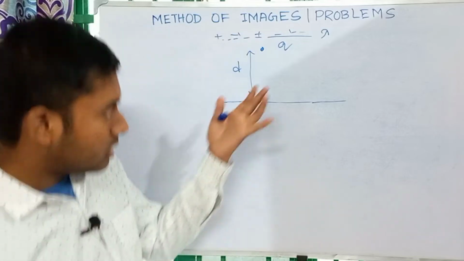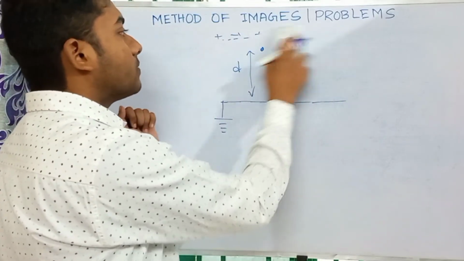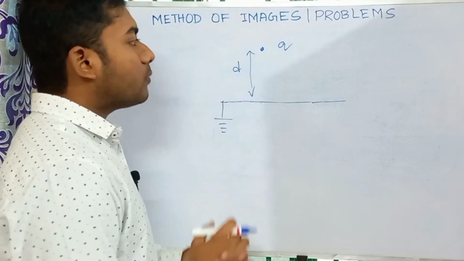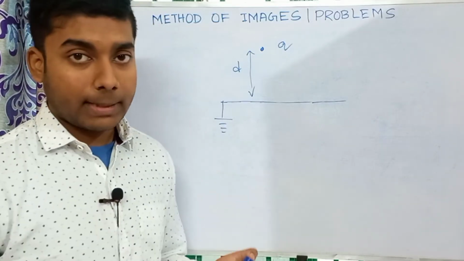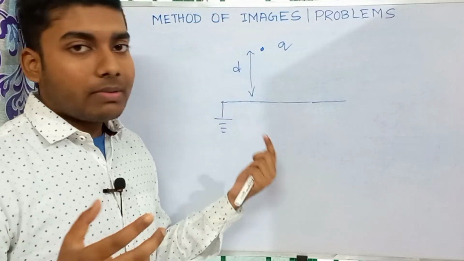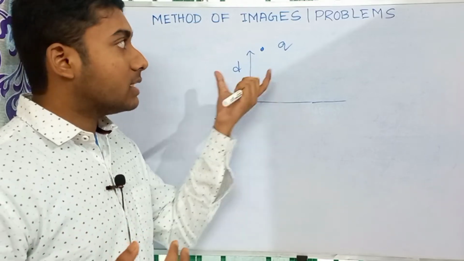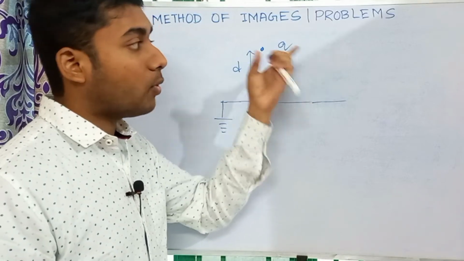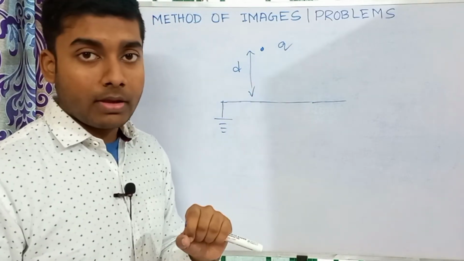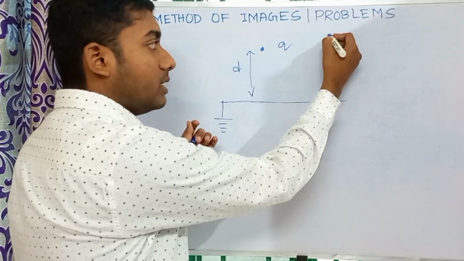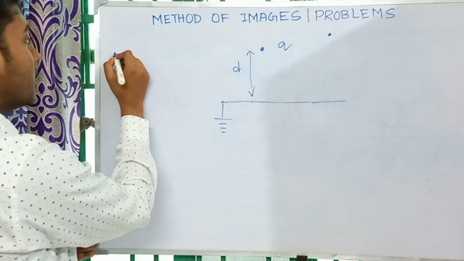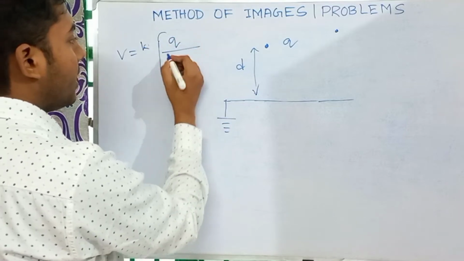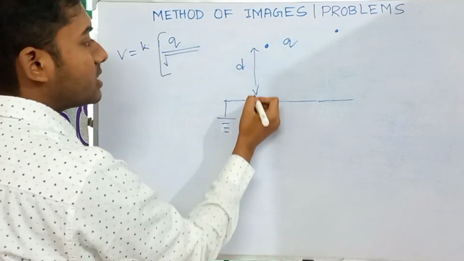So I am first discussing the point charge. For the point charge, how can we calculate that? If you remember the previous lecture on the method of images, you can easily understand that we have calculated the potential for any arbitrary point, suppose P. What was the expression? The expression of potential is q divided by the square root of, as this is d distance above,